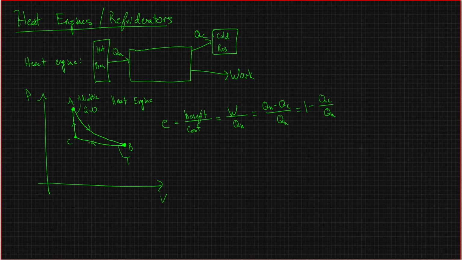So what heat should B to C correspond to if heat is leaving the gas? QC, exactly. So yeah, go through it like that. This process right here, heat is leaving the gas, so that's going to correspond to QC. It might be the case that you have some other kind of diagram where there are also other processes where heat is leaving the gas, but on this one, this is the only process. So heat leaves there,